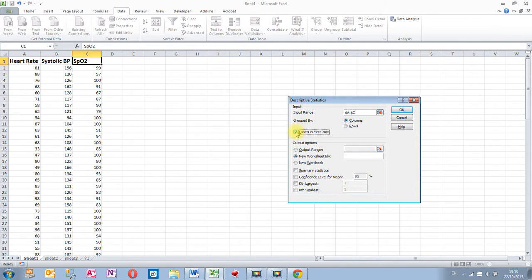I do have labels in the first row. These are the names: heart rate, systolic BP, saturation. Now where am I going to put the output? The output from this macro, I'm going to put that along here. So that's where the results are going to be placed. And what do I want to include? Well, I want to summarize the data, and what we're looking for is confidence intervals. So the confidence level is 95%, that's my confidence level. The confidence interval is what we're going to work out. Click OK,